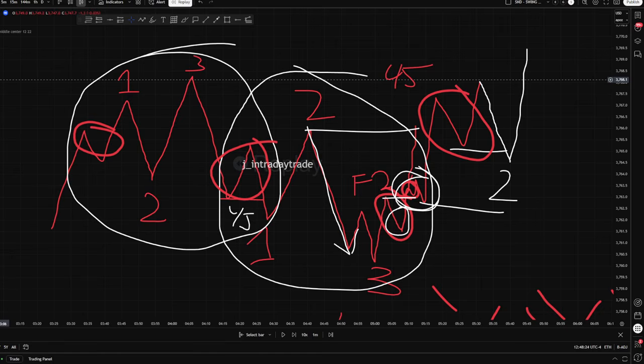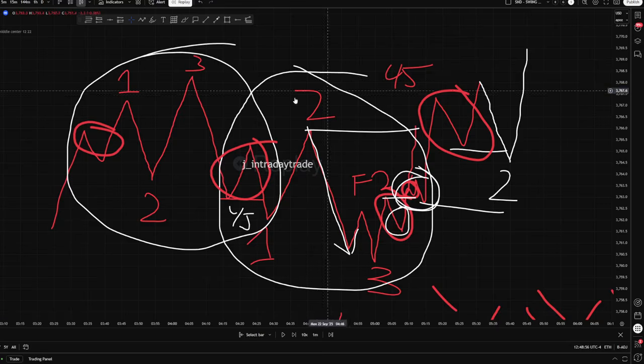I'm not talking rule sets. I'm not talking close over the other candle. I'm not talking this and that. That's too complicated for me because I'm reading price in the flow. I have no time to think about, oh, did this actually close above here? Oh, no, it was just a wick, so it's nothing. No, that's not the case for me. That's never going to be the case for me. I can participate in price all over the place if my story is correctly aligned with the technicals that I have in front of me.